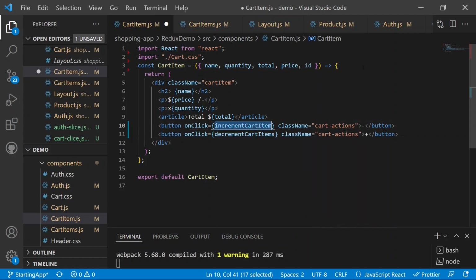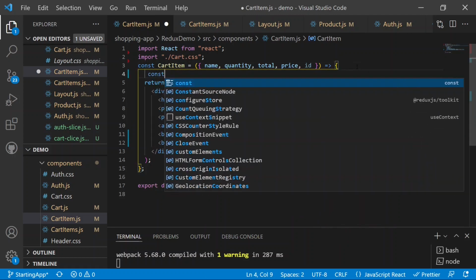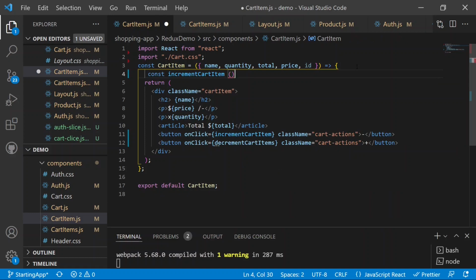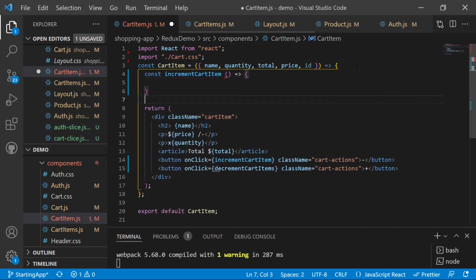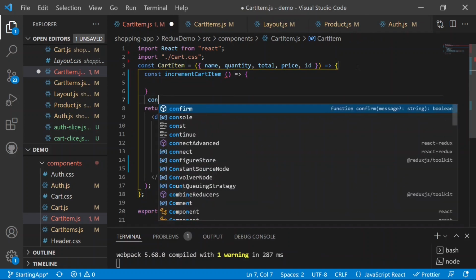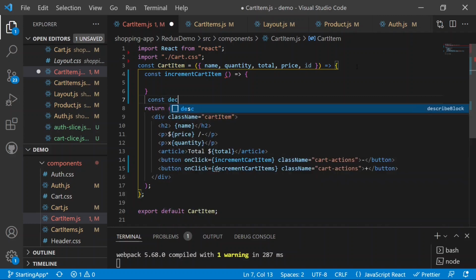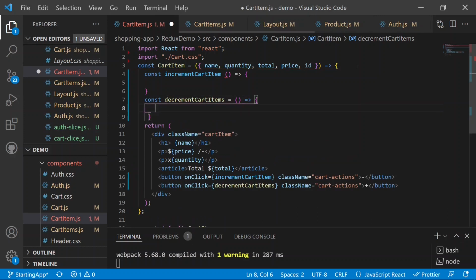Then we create the functions: const increment function, and const decrement cart items, each equal to a function. Now you will see we have the 2 functions here,